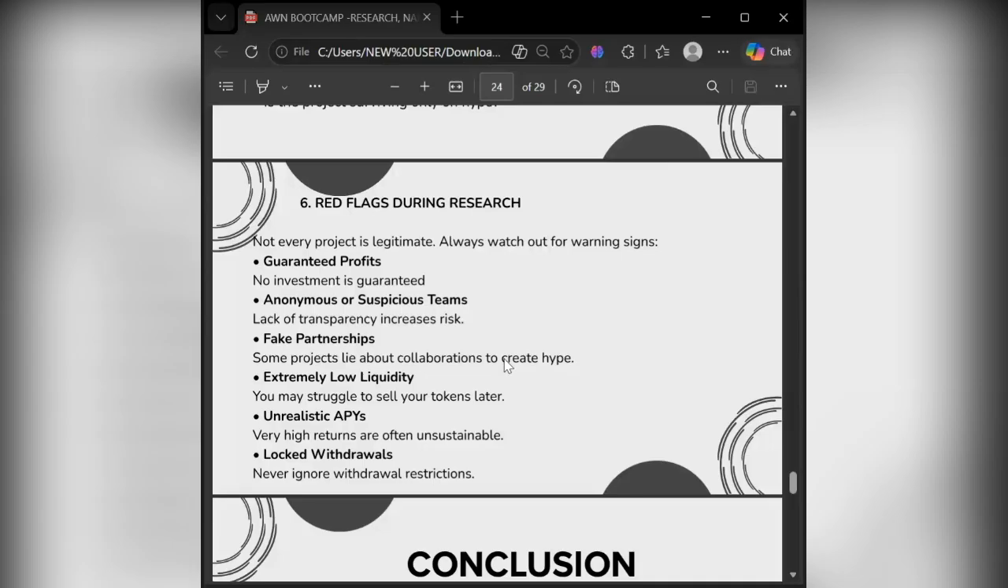So let's continue. Fake partnerships, they lie about collaborations, that this project has collaborated with Tesla. How did you collaborate with Tesla, for crying out loud? This project has